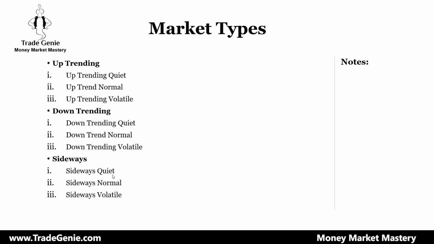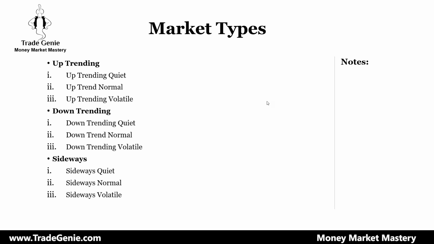So now look at this: uptrending market, one category; downtrending market, second category; and the sideways market is the third category. If you divide the market, there are three categories. They are the same whether it's a bull market or a bear market. Even in a bull market, the market could be down, and even in a bear market, the market goes in an uptrend. That's where it goes from bear to bull. It doesn't switch overnight from bear to bull. It doesn't go bear, bull, bull, bear. It's not binary. It goes through different stages.